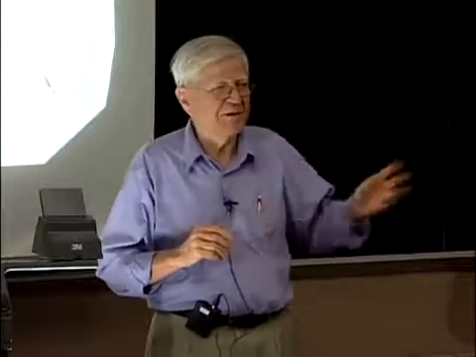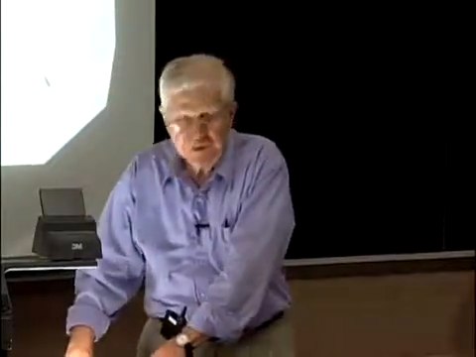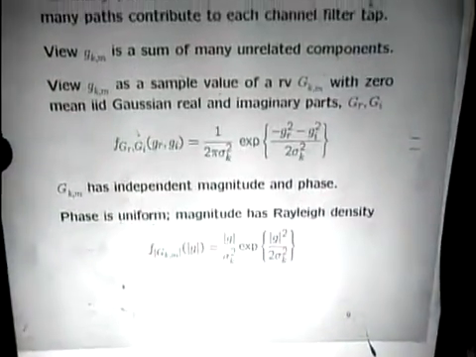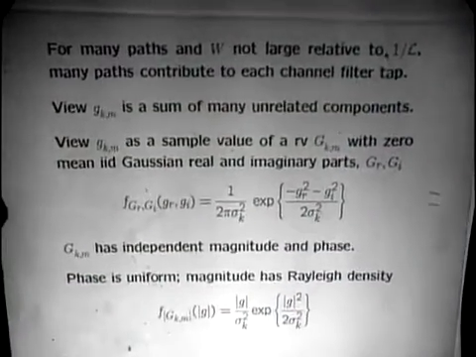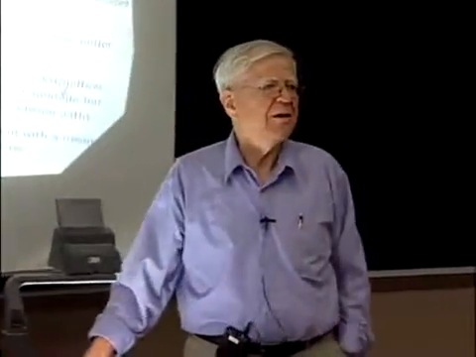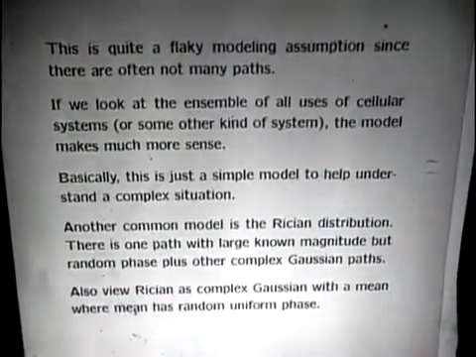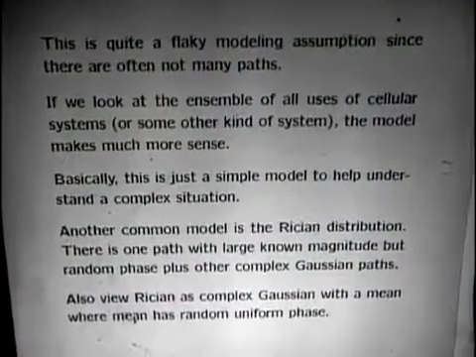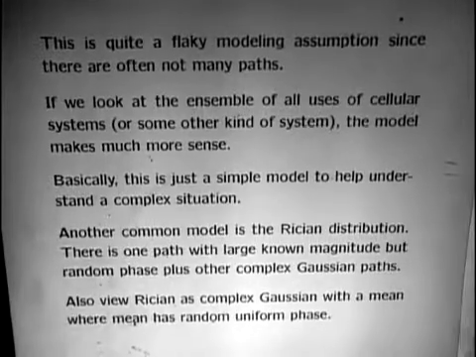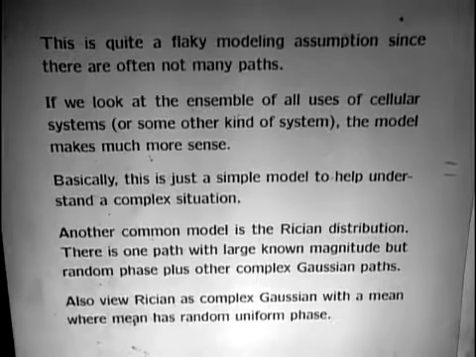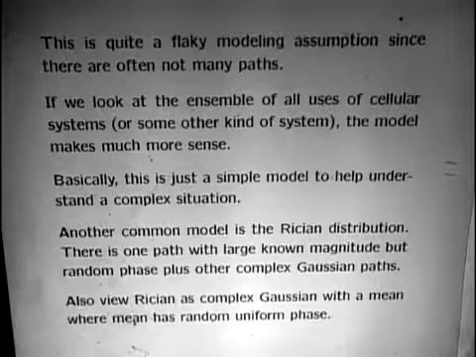This is a sort of vague philosophical argument, but you certainly wouldn't expect these random variables to have a distribution which is anything other than uniform in phase. Okay, so that's the distribution we get, and what we now have is we've changed this awful physical situation into a very simple analytical situation, where we're modeling this complex channel as just a bunch of taps in time at some bandwidth that we're using, and each of these taps is now Gaussian, and the output is